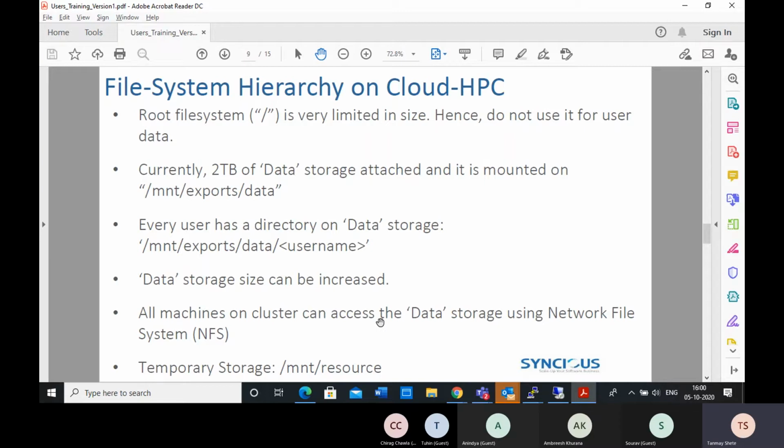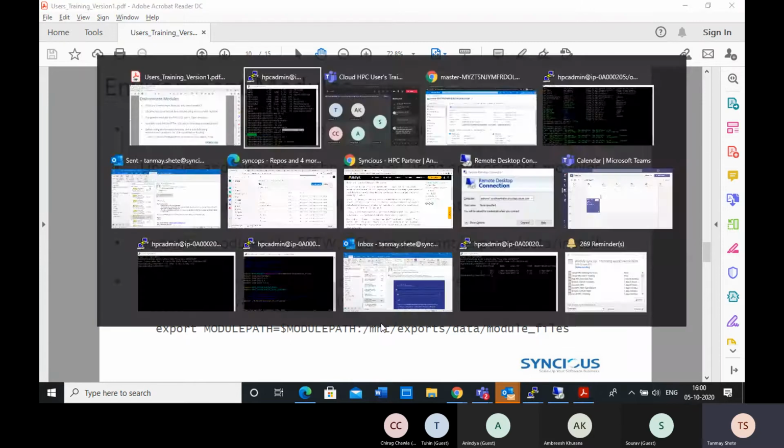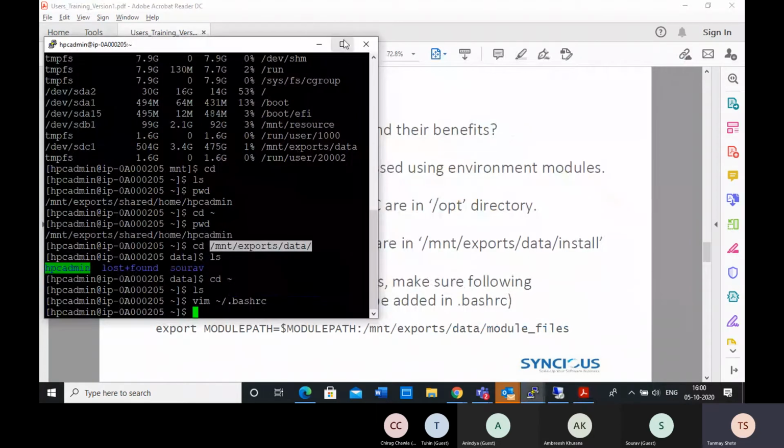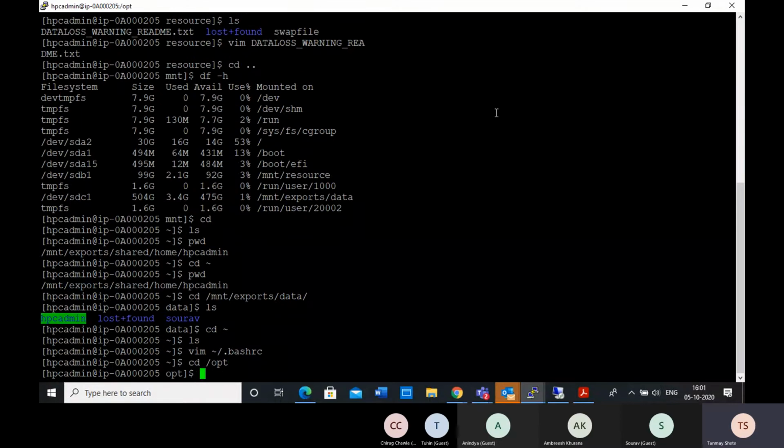Okay, so once you understand this file system hierarchy, then we can go to the next part, which is environment modules. Okay, so now the question that Dr. Saurav had: what we did is there is a directory called /opt.